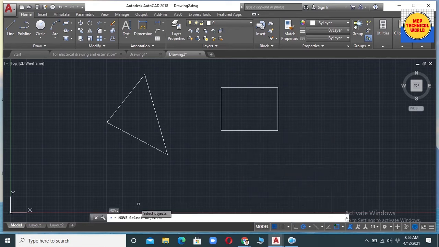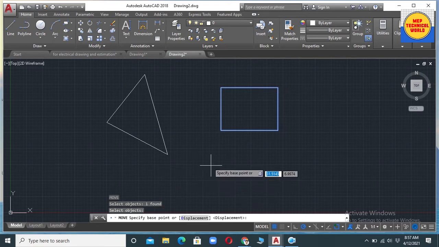Now you will see the statement to select the object which we are going to move. Here I am going to move this rectangle object, so let's select it by clicking on it. Now hit the space button.